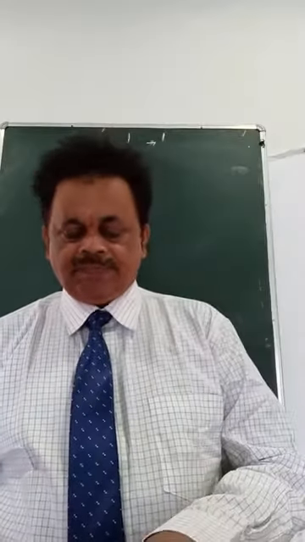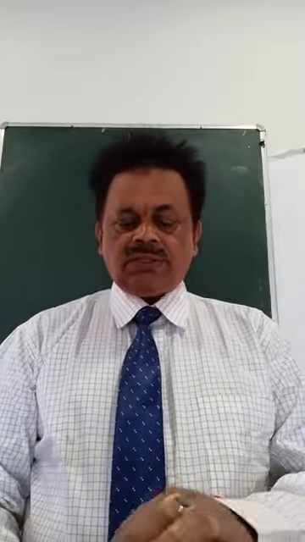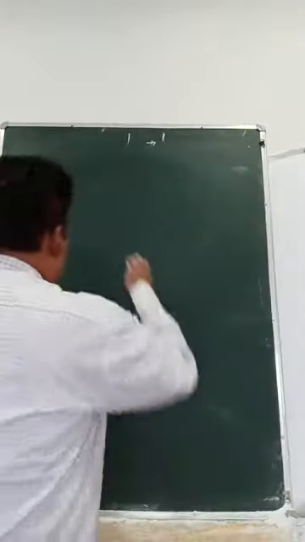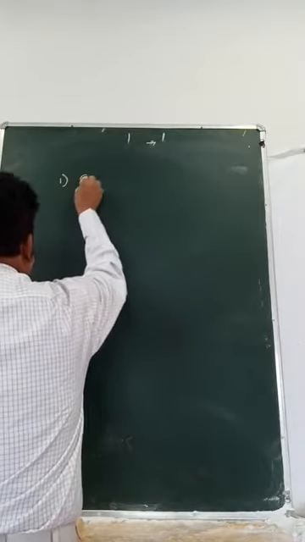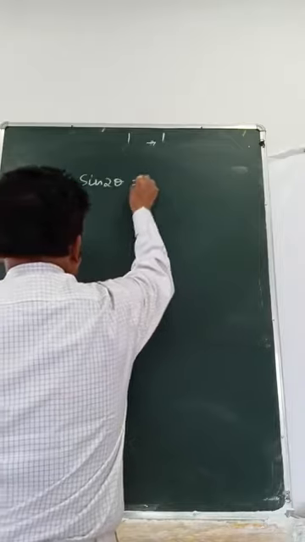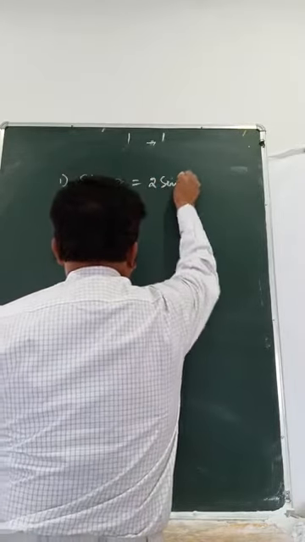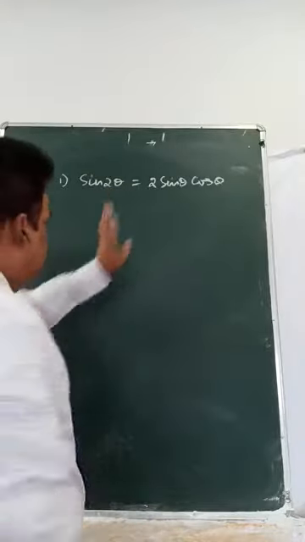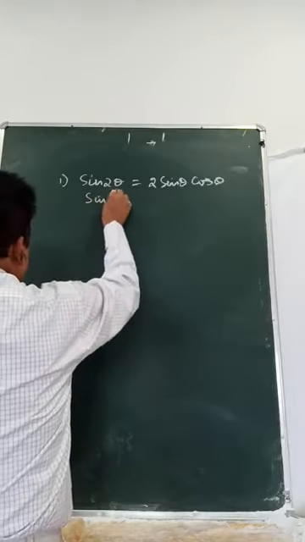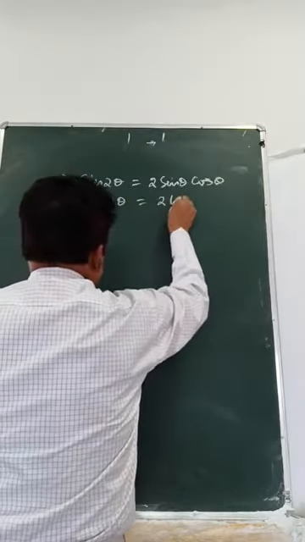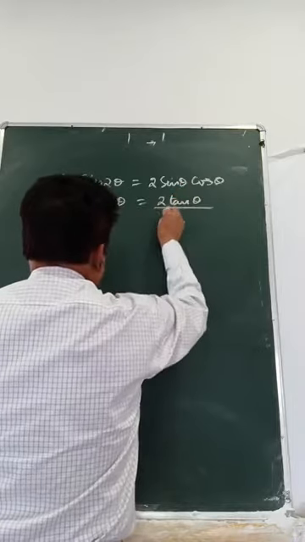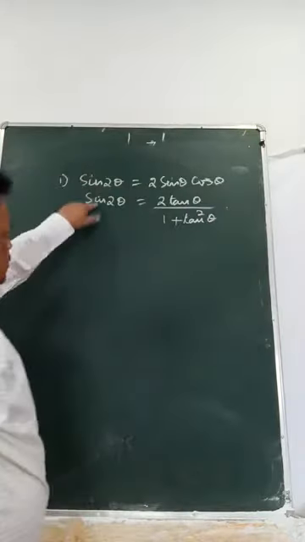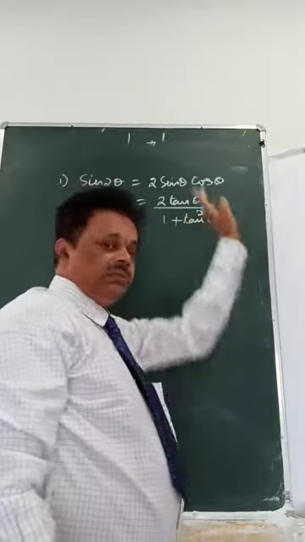So today we will study the simplification of inverse trigonometric functions. Before that we should know some formulae on this. Let me write down. First formula, sin 2 theta is 2 sin theta cos theta. Sin 2 theta has another formula: 2 tan theta by 1 plus tan square theta. So sin 2 theta has two formulas. Looking at the situation, we will use it.